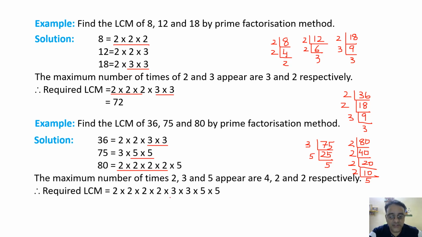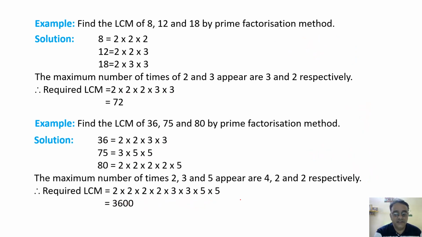Now we have to do the multiplication. How will we do it, look, 2 into 5 is 10. Again 2 into 5 is 10. It becomes 100 for both, right? 4 into 9, 36. Into 100. 3,600? Yes, very good. 3,600.